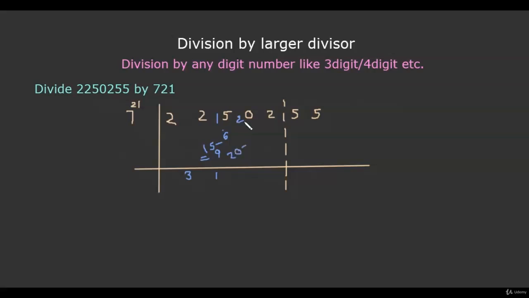So 20. In case of the third dividend number, now we are having two quotient digit numbers, 31. So we multiply 21 and 31 like this crosswise. So this is 2 multiplied by 1 is 2 plus 1 multiplied by 3 is 3, 5. So we will subtract 5 from 20, which gives us 15. So the net dividend number is 15. If 7 divides 15, quotient is 2 and the remainder is 1.